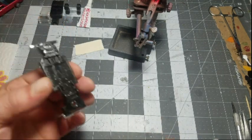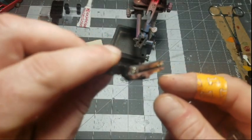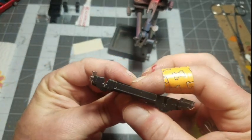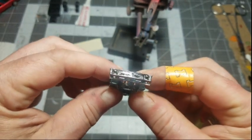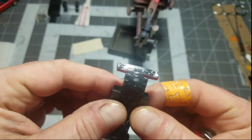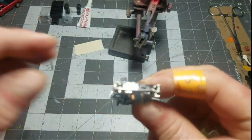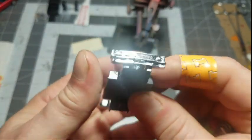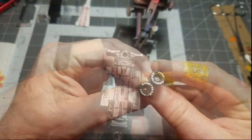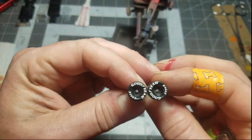And I took the base out of the bleach. I'm lost for words there. Peeled off the masking, and what was left, chrome. Picked out my wheels. I've used these before,